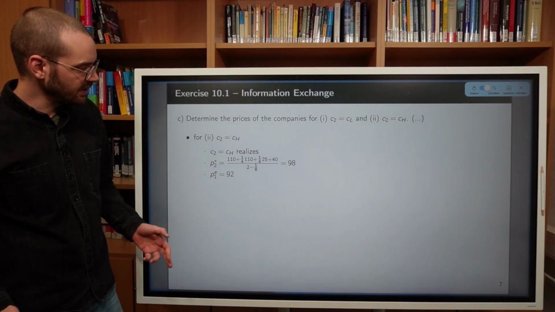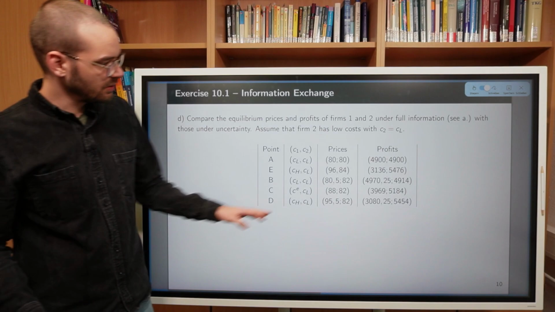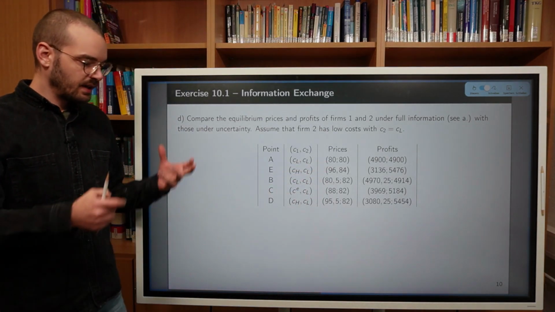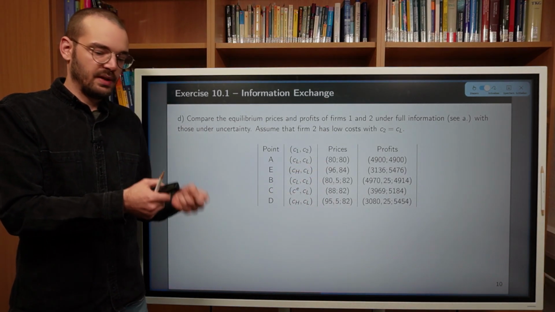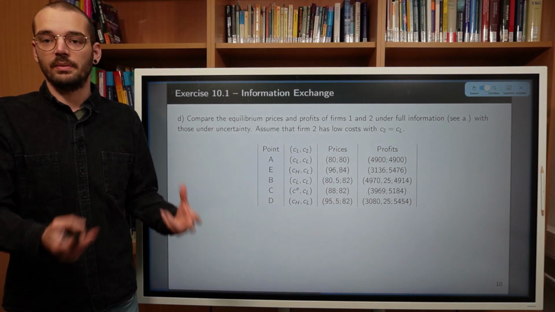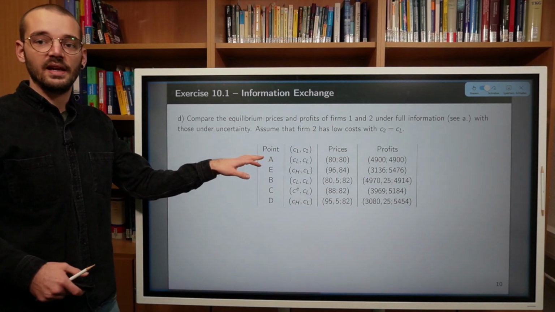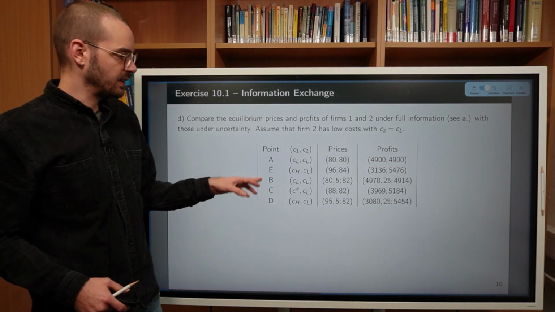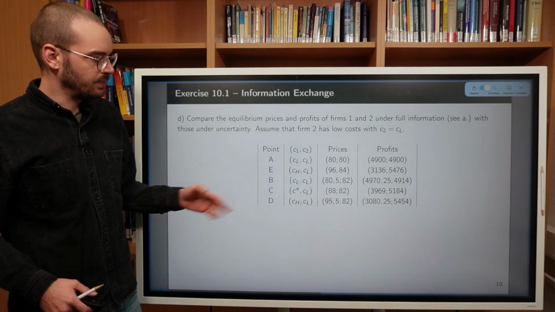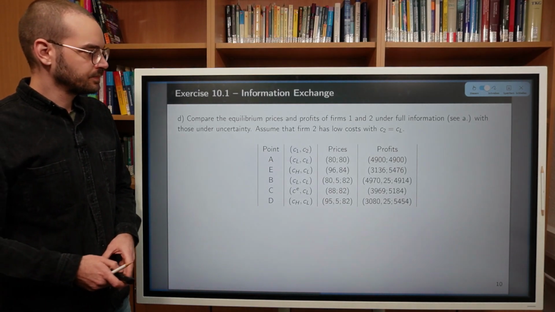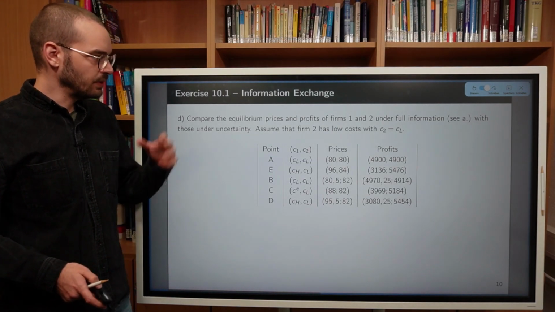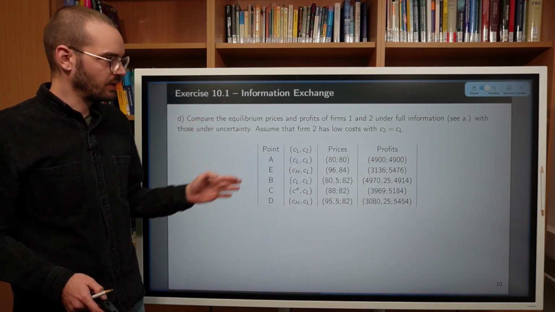And you will find each of these price combination by considering the appropriate reaction functions, either in a deterministic way, which we did under task A, or in this probabilistic way, which we did under task B. Right. So this is just the prices and the profits